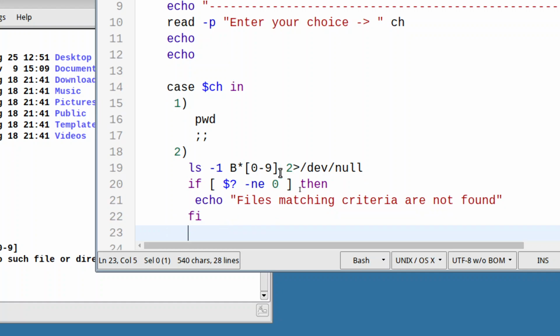So when will you say that? If you get an output here, that means if this output was redirected to the null device, then it is not equal to 0. You got some message there, you say that the files matching this criteria is not found. So simple as that. So you get what I'm typing now. And then this is going to be